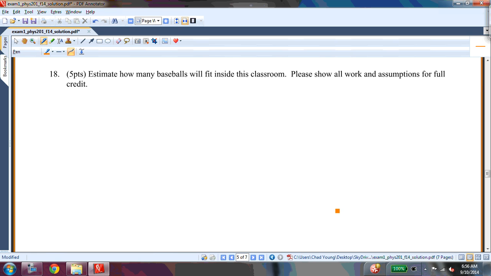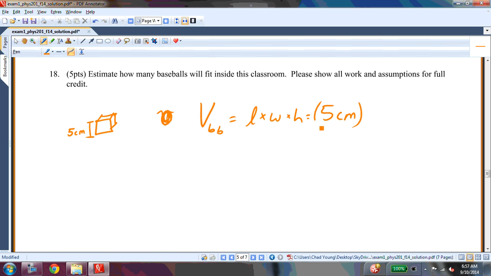Estimate how many baseballs will fit inside this classroom. I was looking for order of magnitude. I treated the baseballs as cubes as we did in the homework. They're cubes approximately 5 centimeters on a side. So the volume of the baseball, treating it as a cube, is length times width times height: 5 centimeters cubed. That's going to be 0.05 meters cubed, and 0.05 cubed is